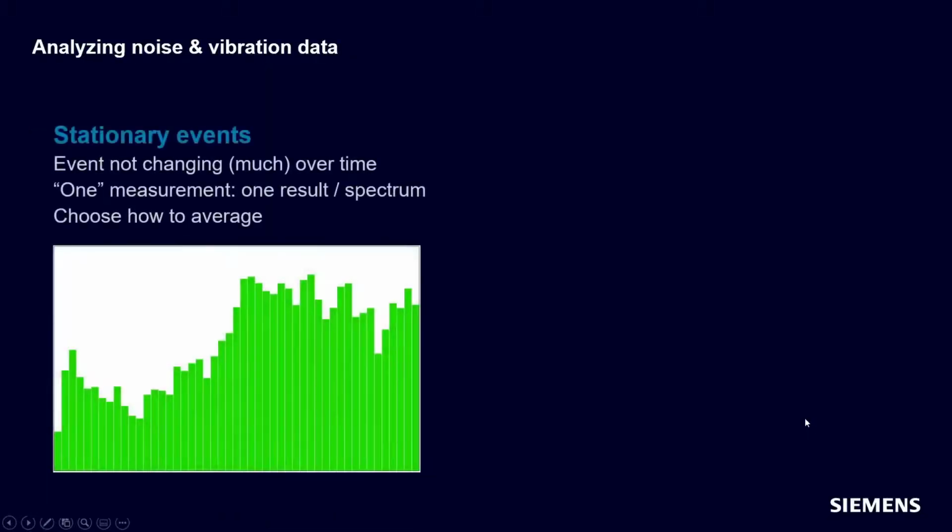Okay. So first we need to remind everyone about the difference between a stationary event. Okay, so here our engine is idling or our cooling fan is running at a constant speed. Things aren't changing much over time, and we really want one sort of averaged frequency spectrum, one answer, if you will. And we have some options on how we want to do that averaging, but ultimately we want to end up with one plot like we see here. Okay, it's a frequency spectrum averaged over, say, 30 seconds.